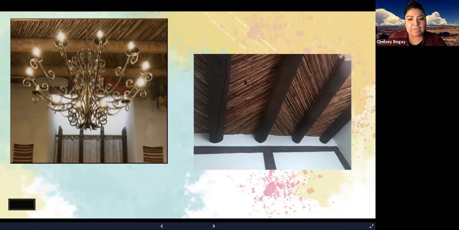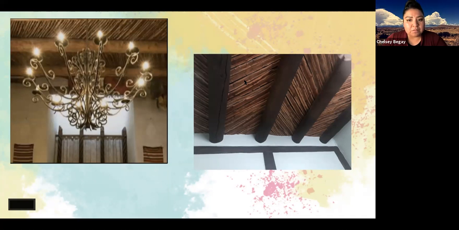And then you can see that again in the picture on the right, where the viga is the darker color wood, and the latillas are the smaller wood pieces that go between that. So I only knew about vigas when we first did this project. I had no idea about the other one.